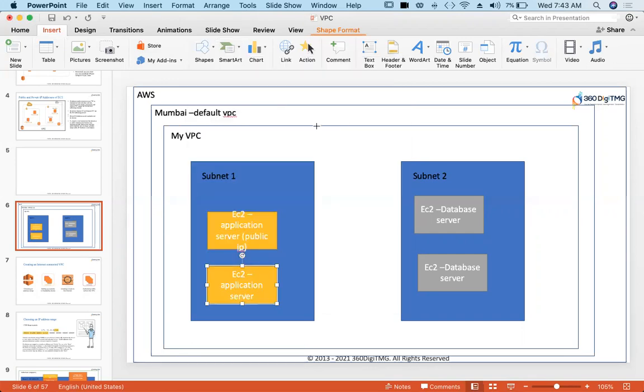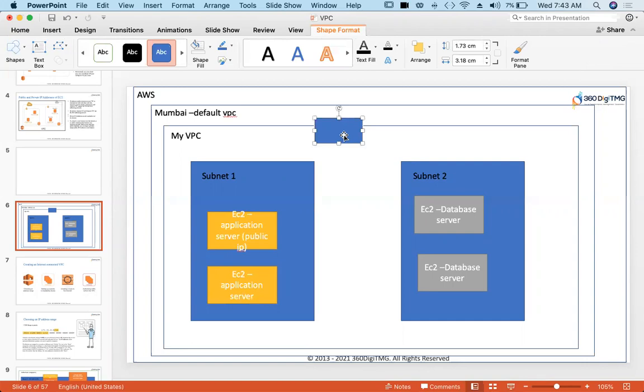Let us call it an internet gateway. And the internet gateway will have this extension -IGW.